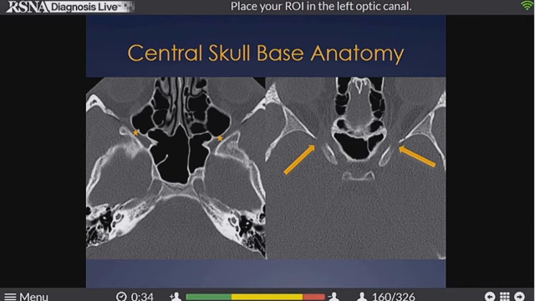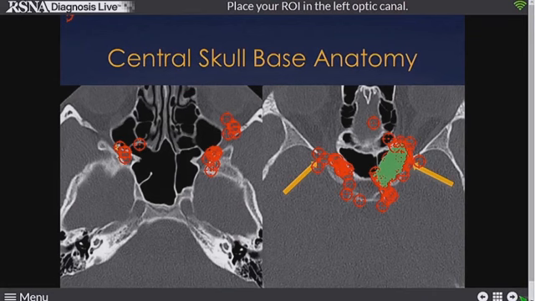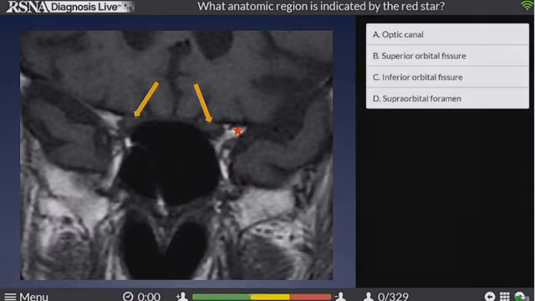Couple more answers. Quickly, quickly, please. All right, let's look. Wow, everybody was kind of everywhere. And I told you, I said left side. I did say left side. All right, good. So the optic canal, again, that conspicuous little foramen, and oriented in the axial plane, but I think much better and more conspicuous in the coronal sections.